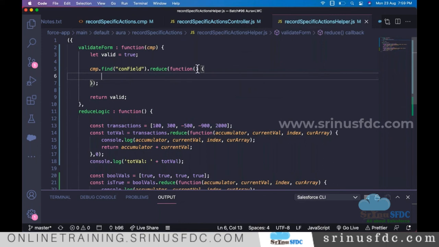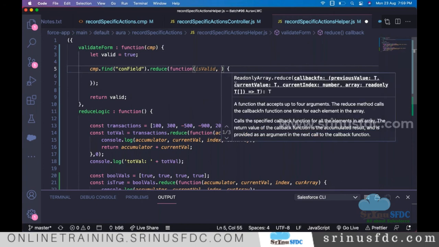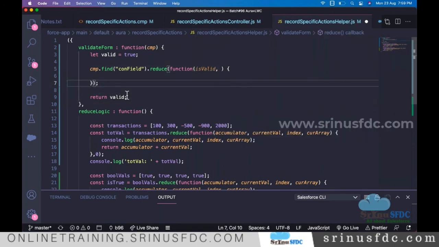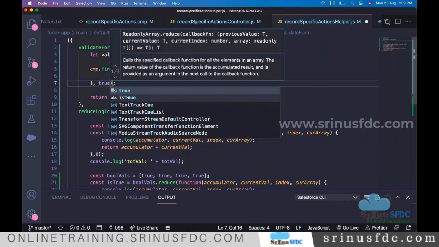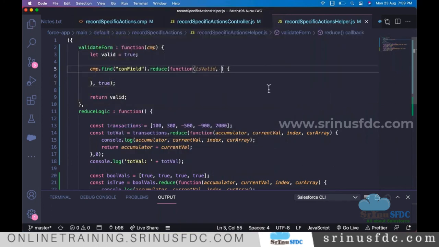So in that, the accumulator value, and the other one. Maybe here the accumulator value, say, is valid. By default I'll say isValid is true, and I want the current value.